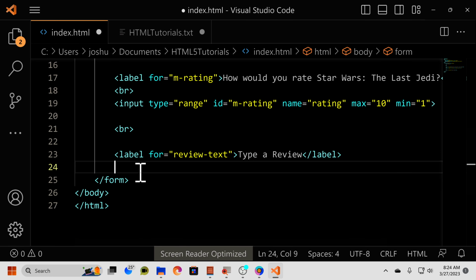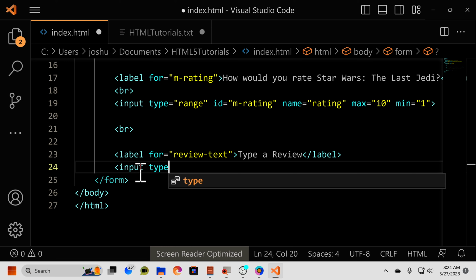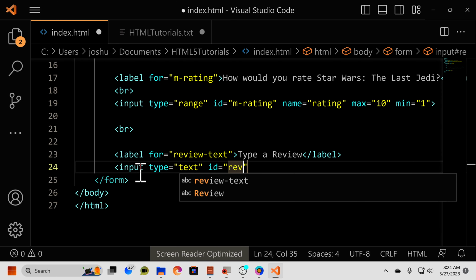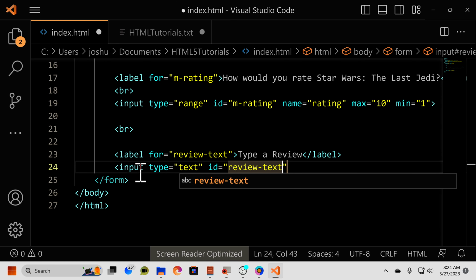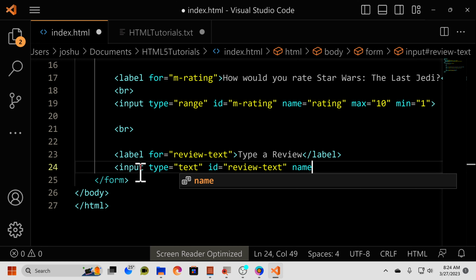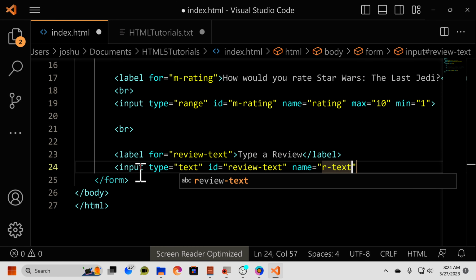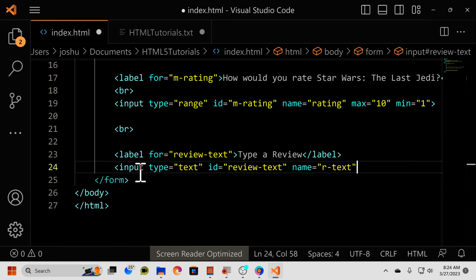And then we're now going to have an input type equals text. And this ID is going to be review-text with a name of text. Okay. So what we have now